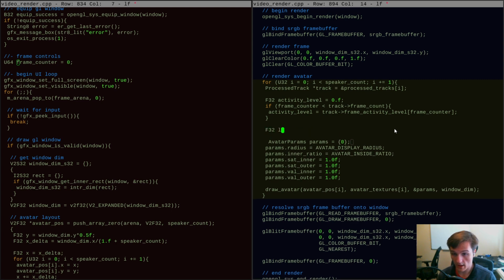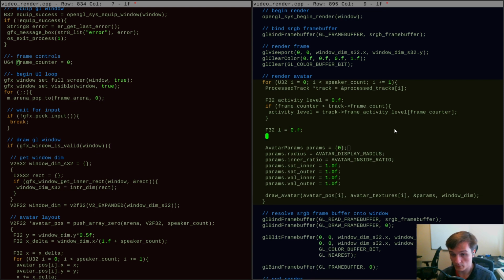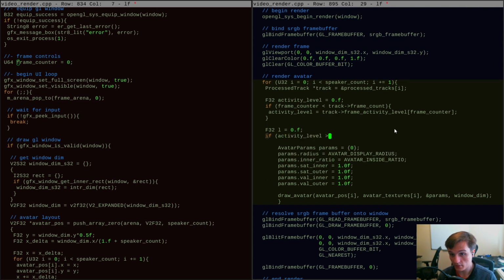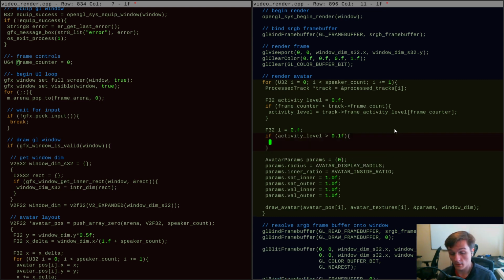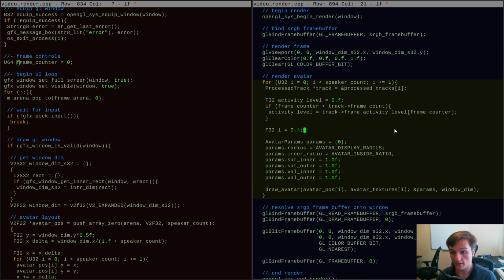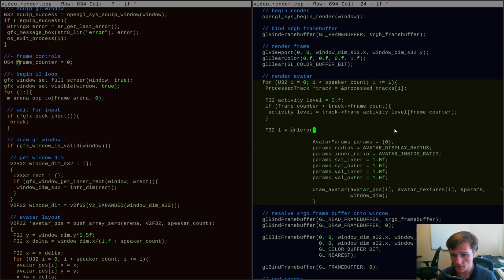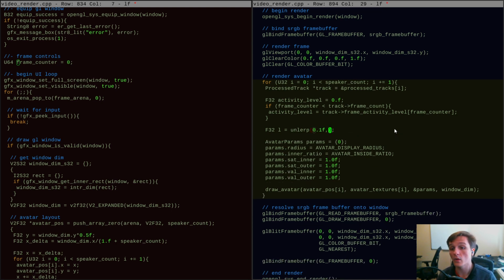we're just going to make an L value here, which is going to be 0. And then if activity level becomes greater than 0.1, or why don't we do this? L is going to be the unlerp of 0.1 as the minimum of the activity level up to, let's say, if you reach an activity level of